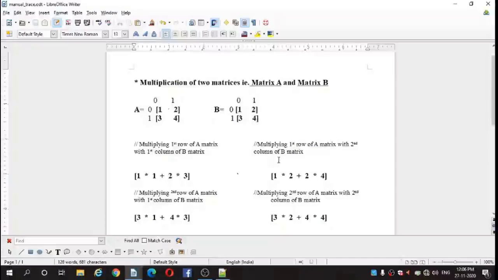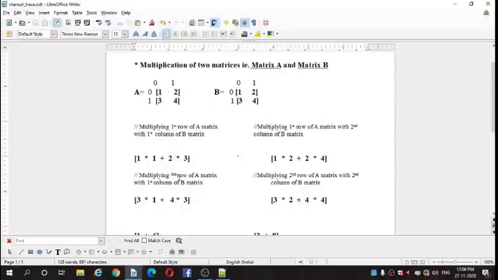Next, it will multiply the first row of the A matrix with the second column of the B matrix, that is 1 into 2 and 2 into 4. Then at the third stage, it will multiply the second row of the A matrix with the first column of the B matrix.